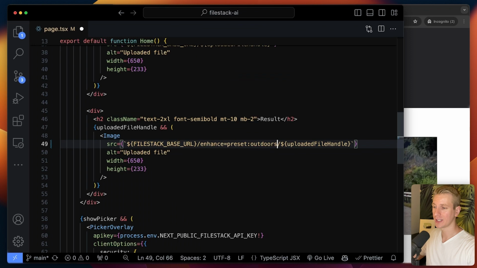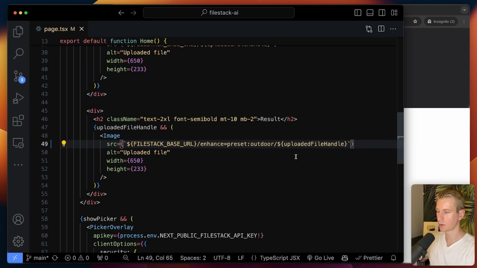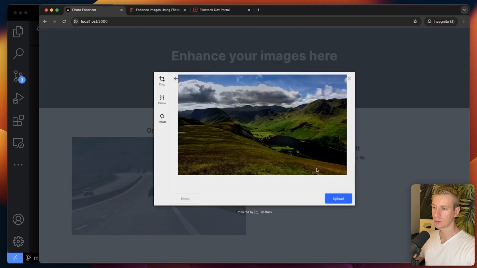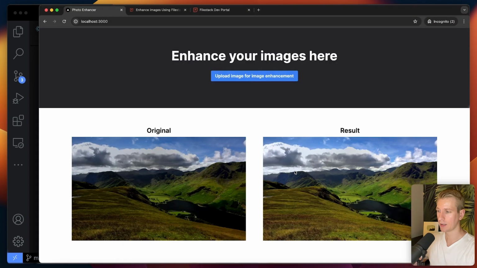All right, there's another one for the outdoors. So outdoors usually comes with some specific issues as well. So here I have an outdoors photo. Let's see what it can do with this. And now we get a photo back here. You can see it's actually a bit